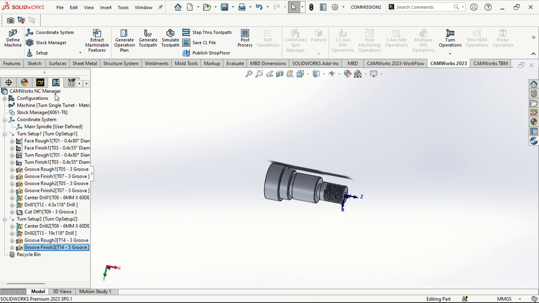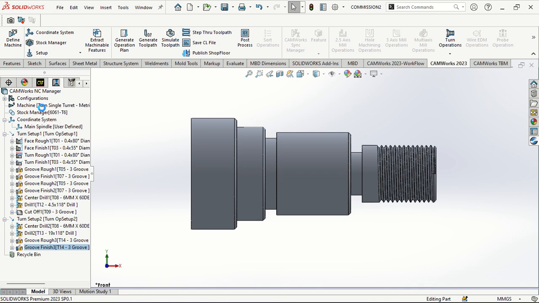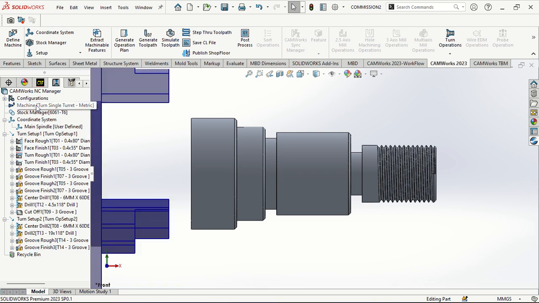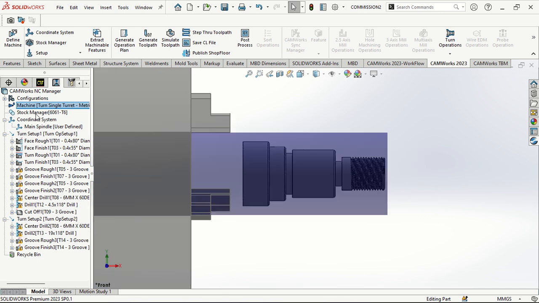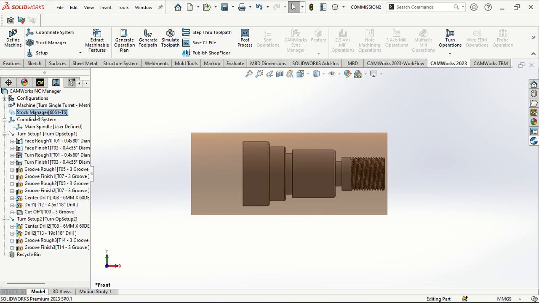So how can we generate a program? We call it posting the program. So here we have all this setup. If you look at this, the first step is you design your part in SolidWorks. Second step, you select the machine. You are able to select your machine, where it's going to hold. The next step is you define your stock, then code the system